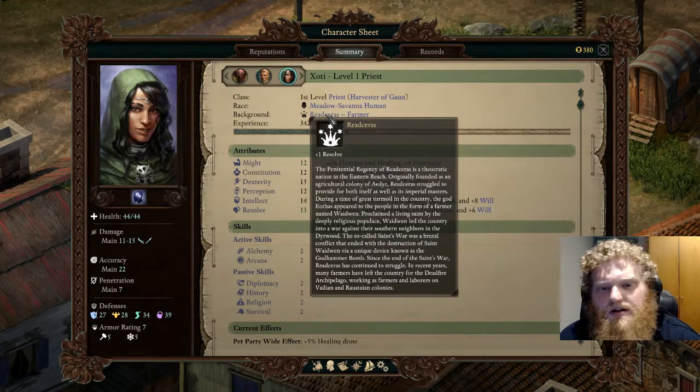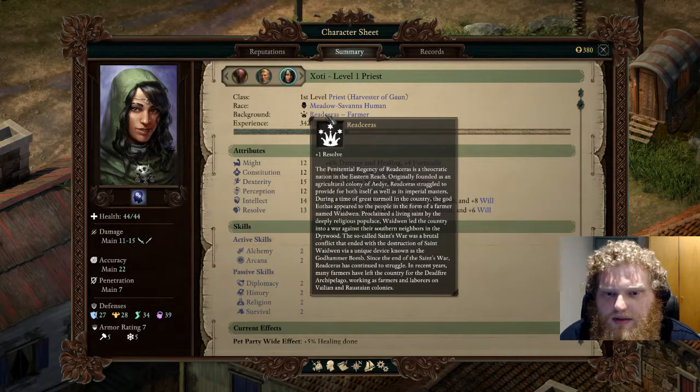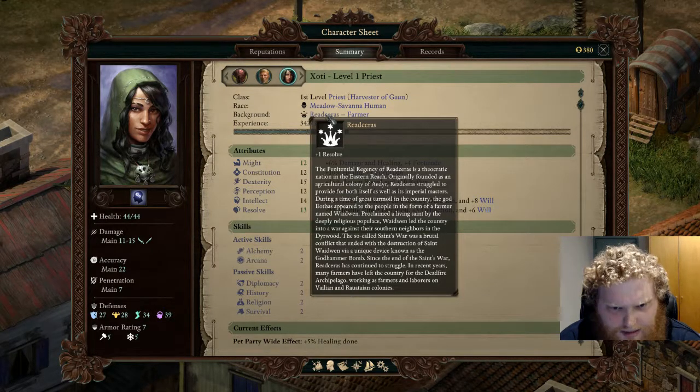Reedcrest, we'll go with until proven otherwise. Is a theocratic nation of the Eastern Reach, originally founded as an agricultural colony of Adair. Reedcrest struggled to provide both for itself as well as for its imperial masters. Aethys. Oh, it's where